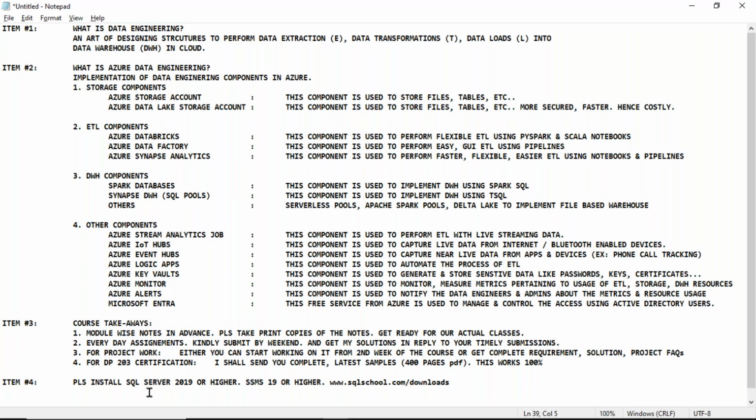What about the practice part? Request you to have your own card from your end, maybe your debit card or credit card, to activate your free trial, valid for 30 days. But our course is for 2 months. At least another 1 month you need to practice. So after 30 days, either a new account or convert to a paid account